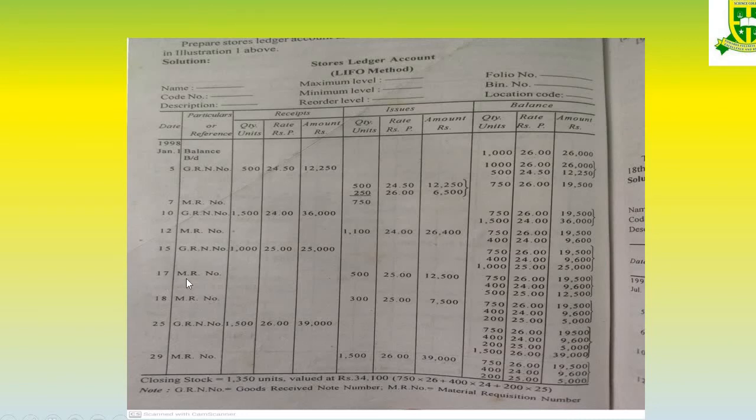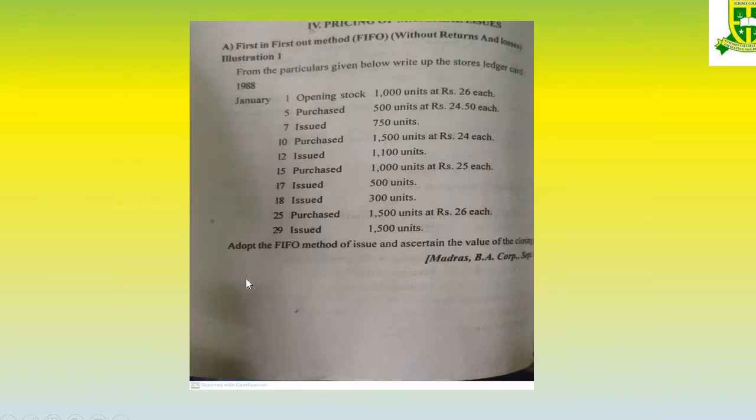So next, on 17th, what is happening? They are issuing 500 units. Since it's the last in first out method, there are 3 materials already available. I need 500. Last in first out method, we have to take the last material available. So the last material available is 1000. So from 1000 I am taking 500. So what is the balance available? 500. I have not touched the first 2 items. So we have to write it again. 750, 400, 500.